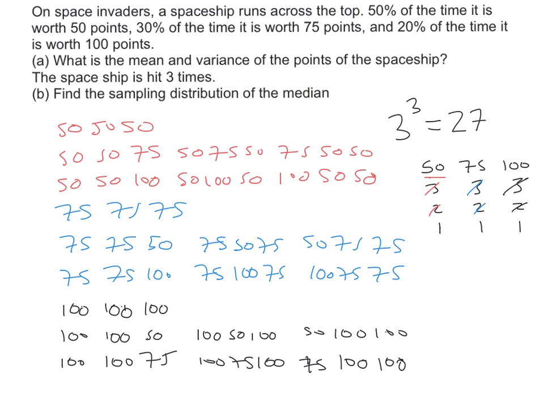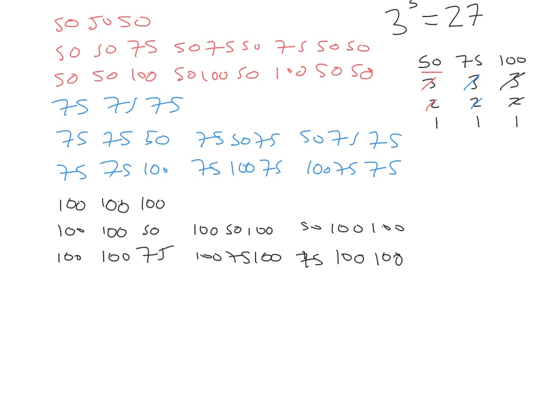So now I've done all the combinations where we have either 3 of one type or 2 of one type. And I need to finish up by doing where there's 1 of each type. So at the moment we've got 7 combinations here, 7 here, 7 here, so 21 combinations in total. We need another 6, and so if I give myself a little bit more room, I'm going to start with